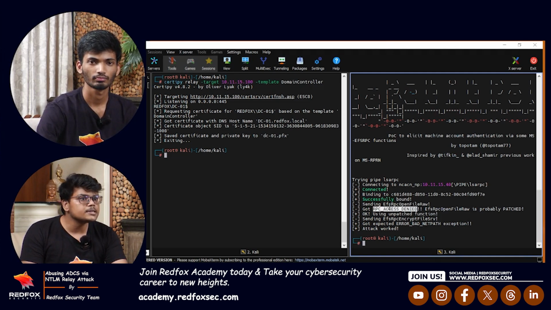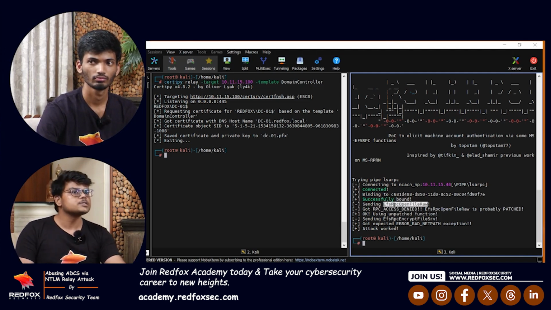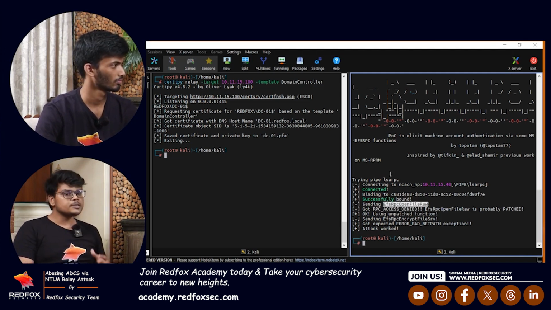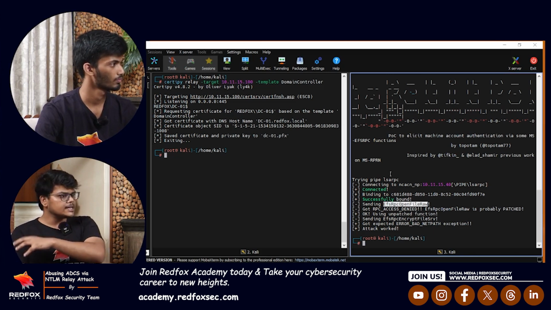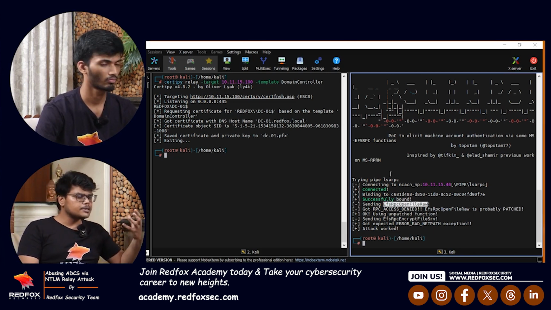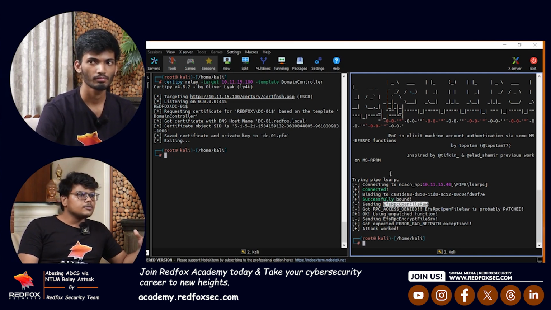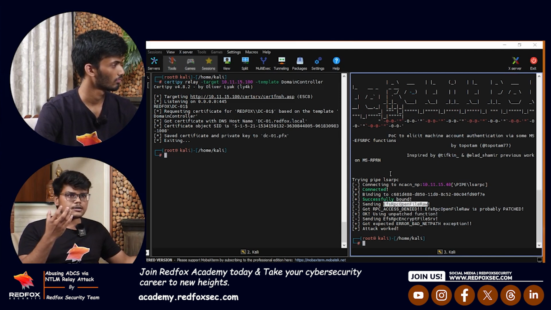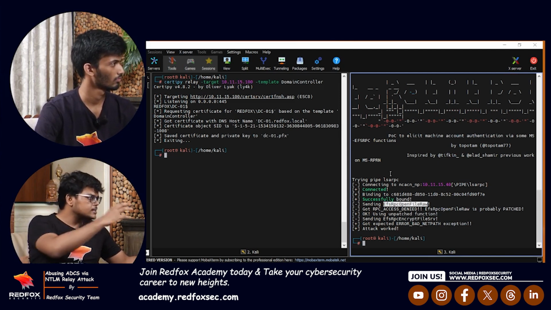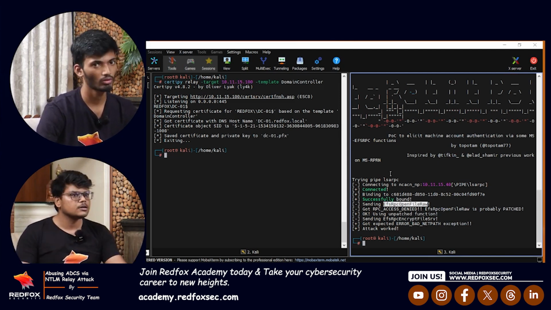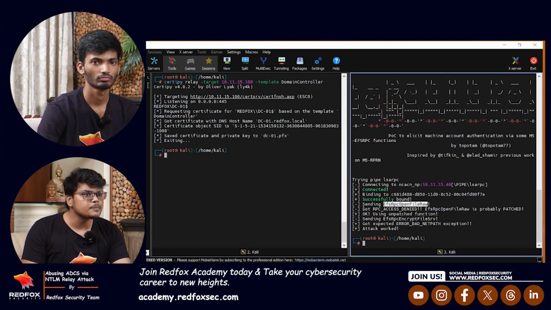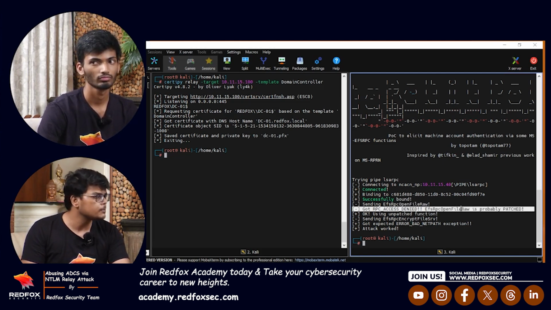Then we are basically triggering this EfsRpcOpenFileRaw function. We are calling that function and telling it, hey, I have some data, can you please encrypt that data? And when the server tries to access that data, at that time we can ask for its authentication. But if we see, in this case, it is patched. This function is already patched by Microsoft. But